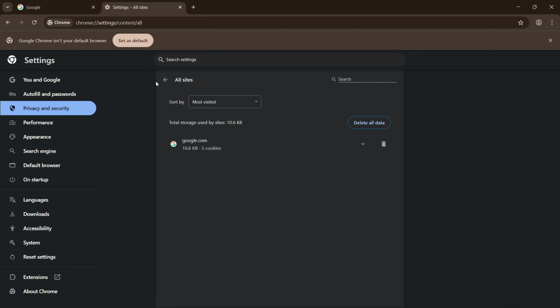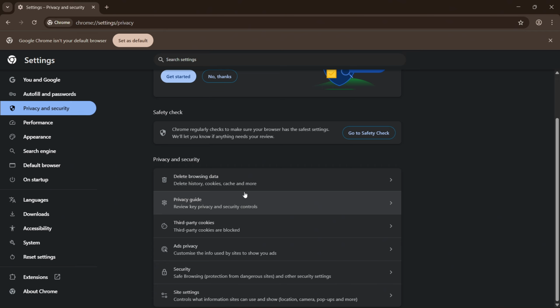So if you want to allow third party cookies, you can allow them. If you want to block third party cookies, you can block them. And in these options, make sure this is turned on and this is turned off. In earlier versions, you could also turn off cookies, which is not recommended, and they have also removed